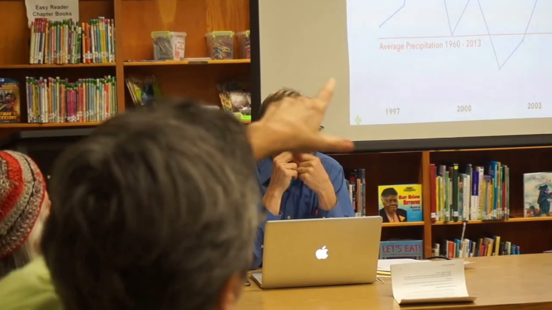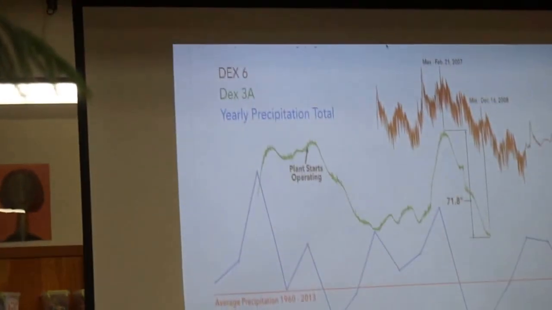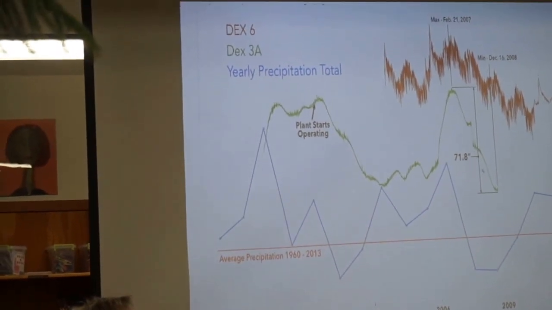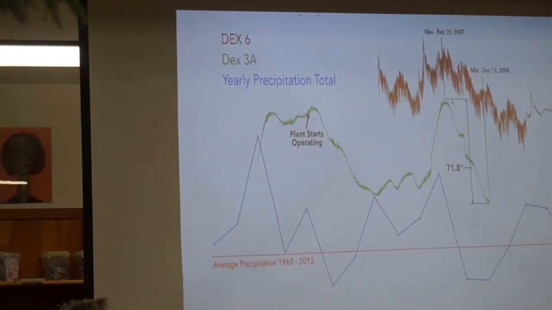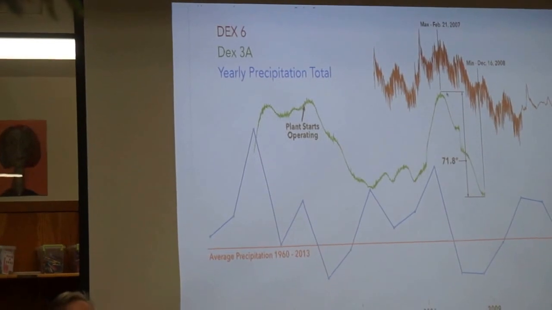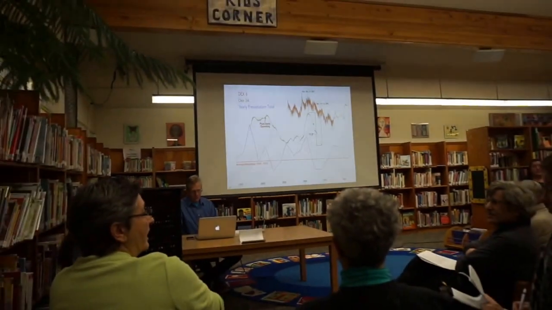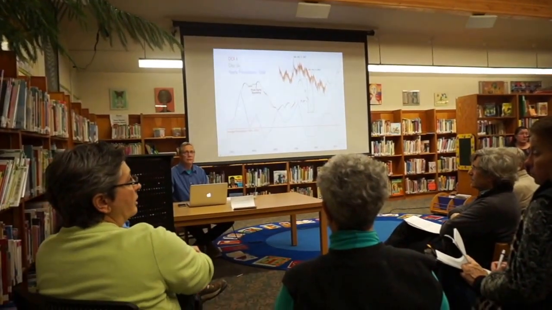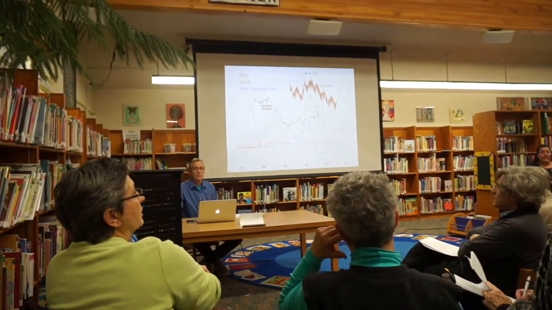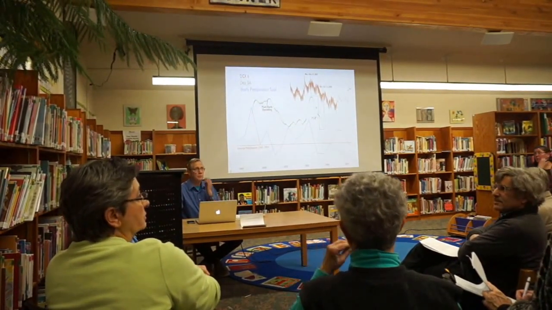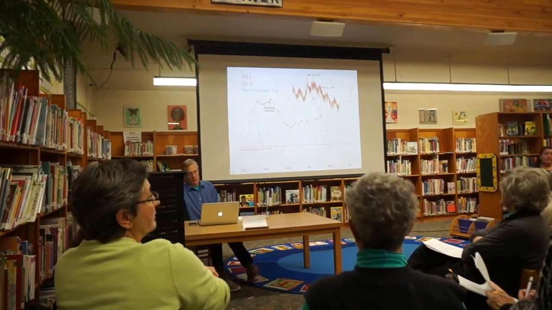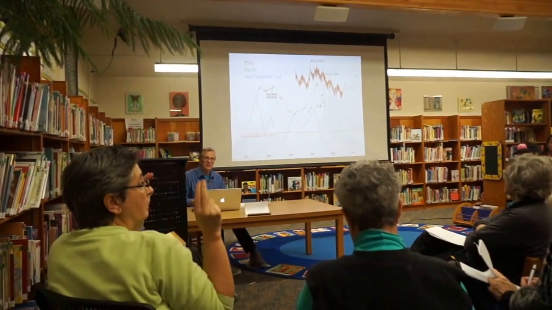You see where it's 2006, the green Dex 3A starts dropping off? That's about the time that all the neighbors actually started complaining that they had water issues, and concurrently that is the time when Coca-Cola bought the plant from Dannon in around 2005. And there is firsthand knowledge that they said, what are we doing still trucking up water from Moss Spray Springs in Dunsmuir? They were trucking up 60% of their total water usage from Moss Spray Springs. Okay, they were trucking it in because originally they didn't have the spring water bottling license. And so